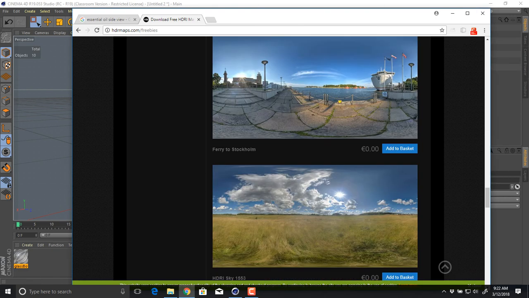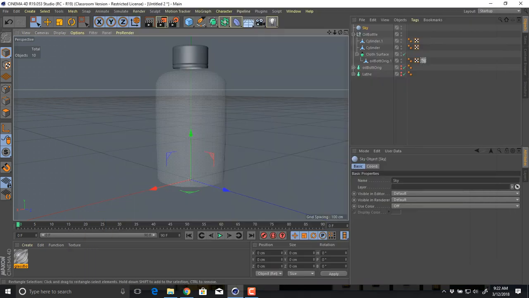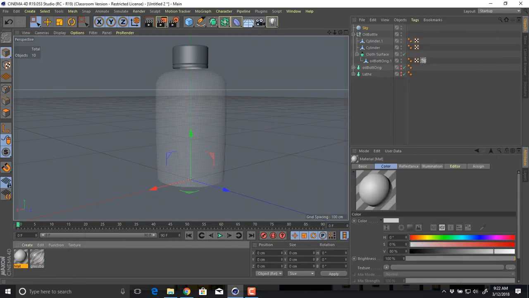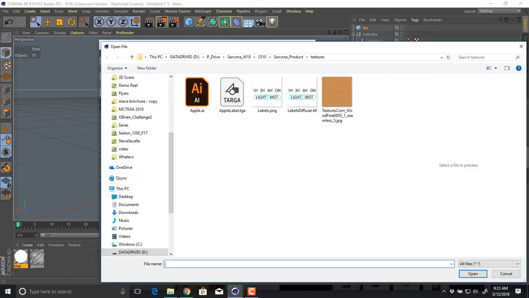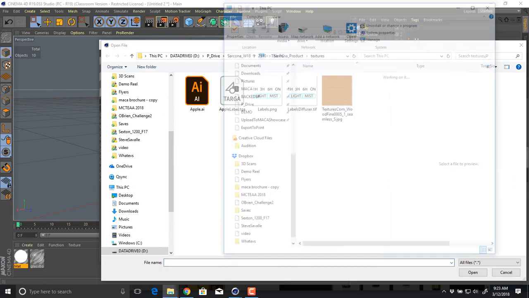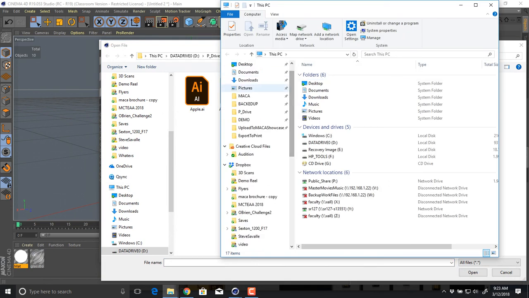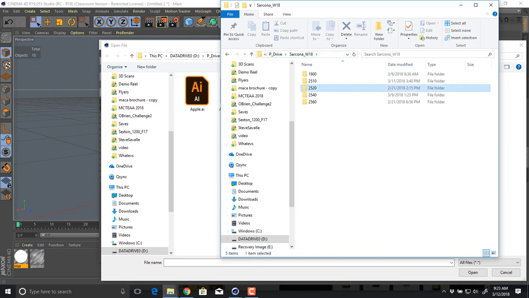So you want to find one of these images and download it. You should have a file that's called a .hdr file. So I've downloaded one and put it inside my folder. I'm just going to make a new material, turn off the color, turn off reflection, and on my luminance, I'm going to connect that texture. Apparently I didn't put it in the same folder though. It's on the P drive there. The files are typically big, so I keep them